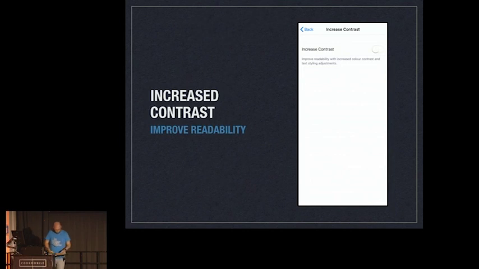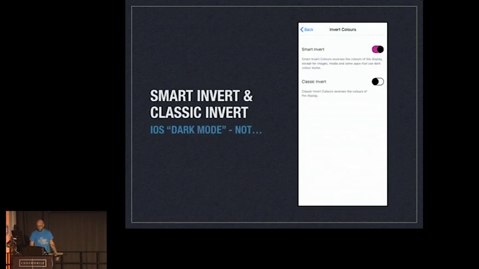So then the next one was the Smart Invert and Classic Invert, which I call iOS dark mode, right? And I'm sure we've all played with this a few times. Basically, it inverts the whole colours, and it's really weird because when you do a screenshot of the invert, it comes out like that when it really should be black. It obviously shows that it's not changing the skin or the colour of the canvas on iOS. It's just some display technology that's being used.